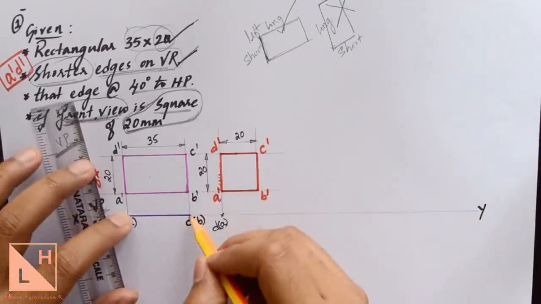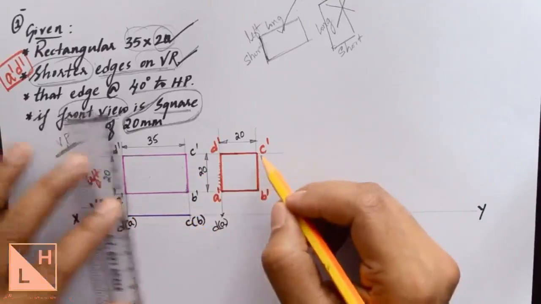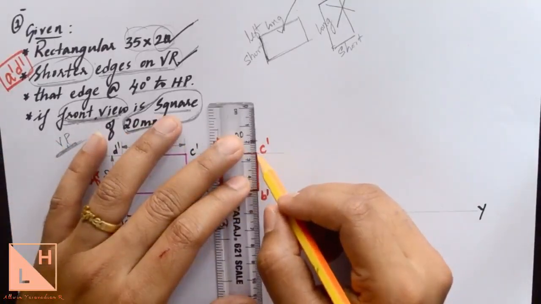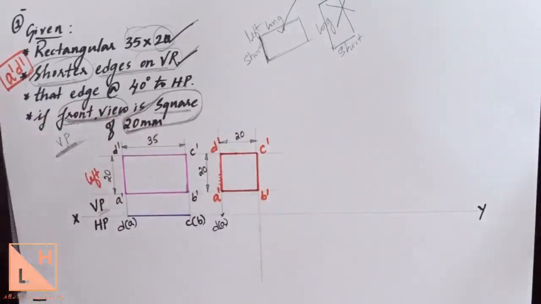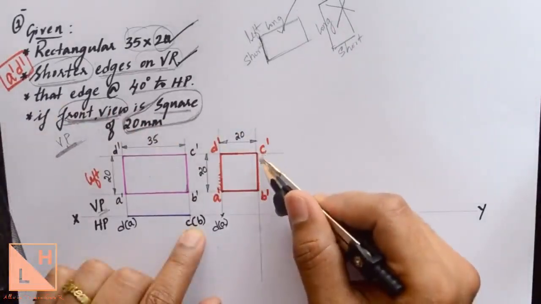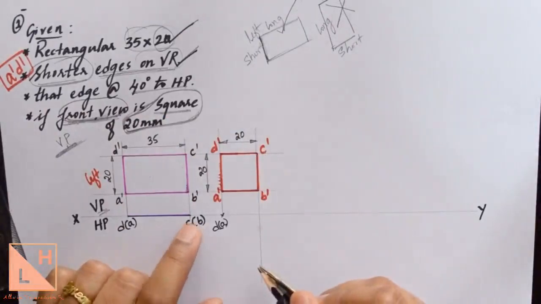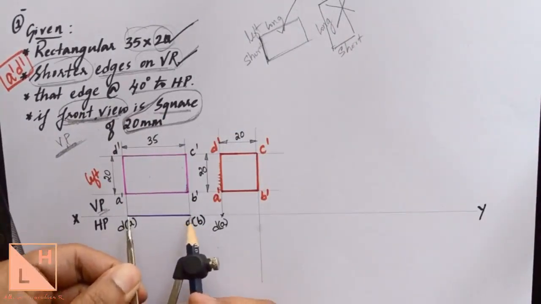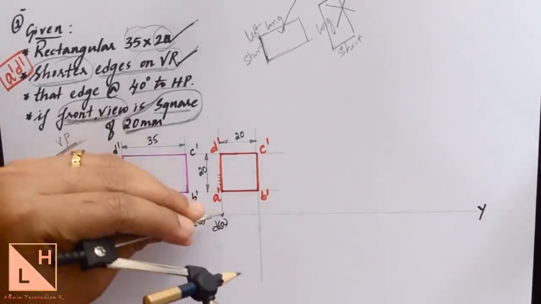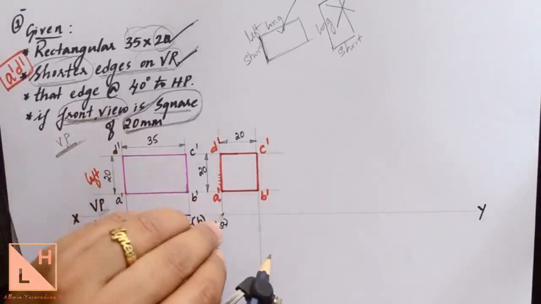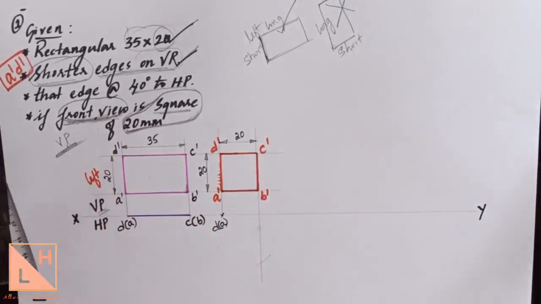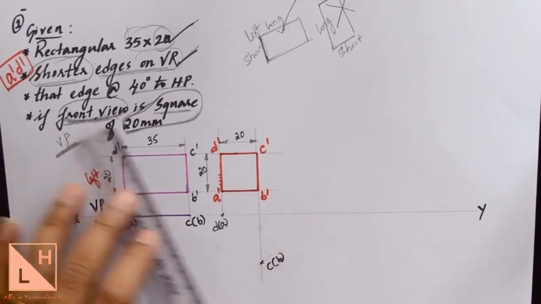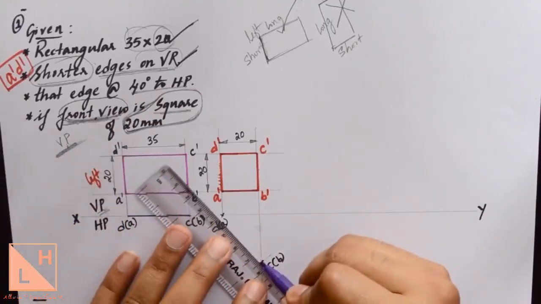This CB will be moved until it falls on the projection line of C dash B dash. So how do we do that? As we have B dash C dash over here, on the same line you should get the point CB as well. So measure this length from the first position. Keep the compass needle at AD and cut one arc on this projection line. Where it intersects, this point will be the new position of C and B. Join this together, and that will give you the second position top view.